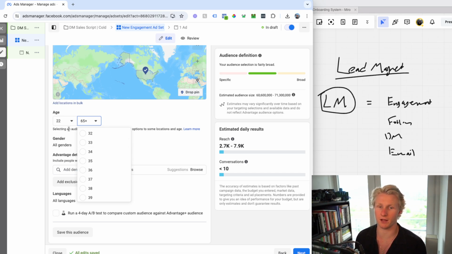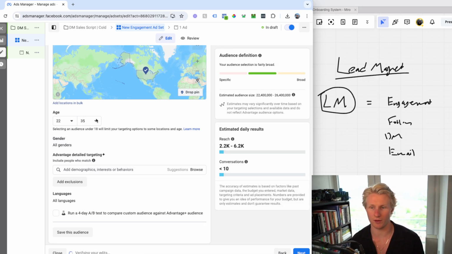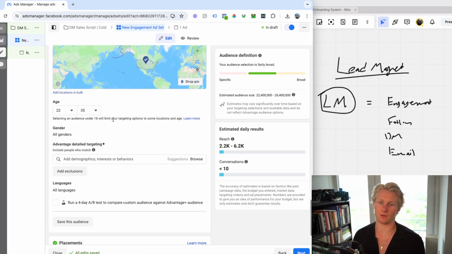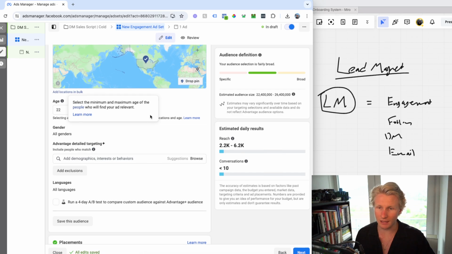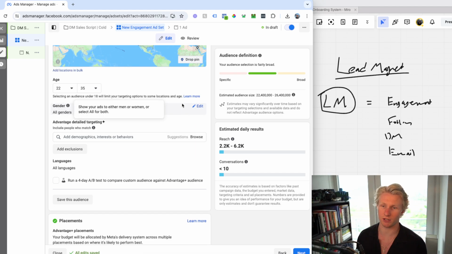So most of my clients are older than that, and most of my clients are younger than 35. Usually people over that don't really take me seriously and they just think I'm a child. So I don't want to send my ads to them, and that's fine, right? Obviously I have exceptions. I got some clients in their 40s, 50s that are just absolutely phenomenal and just crush it, make 50, 100K a month and beyond. So they're awesome. You can select the gender if you'd like,